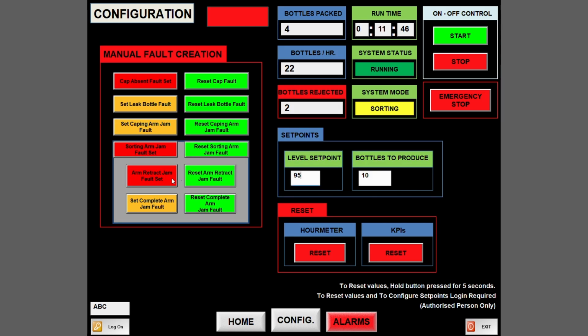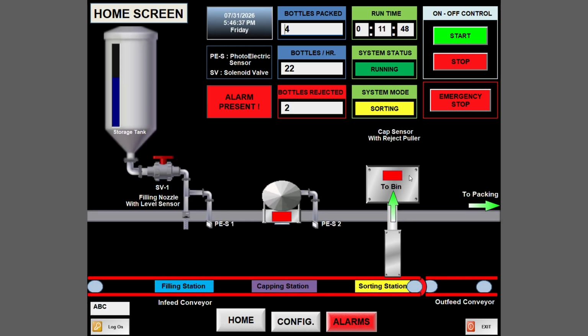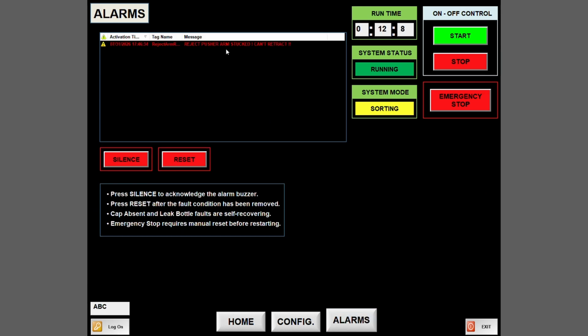However, because the sorting arm retract jam fault is enabled, the reject arm is unable to retract back to its home position after picking up the bottle. The PLC waits for the reject arm to return within the configured timeout period. When the timeout expires without receiving the home position feedback, a sorting arm retract jam alarm is generated, and the